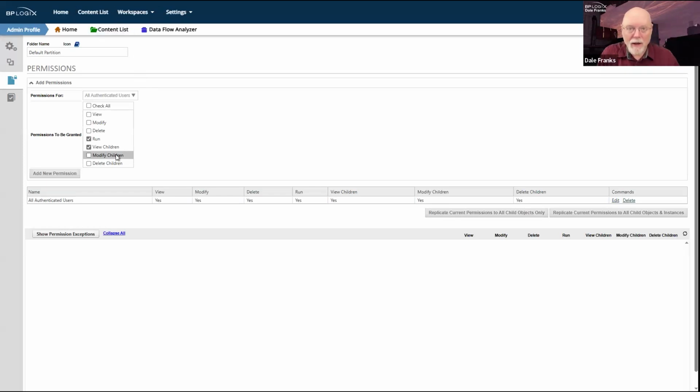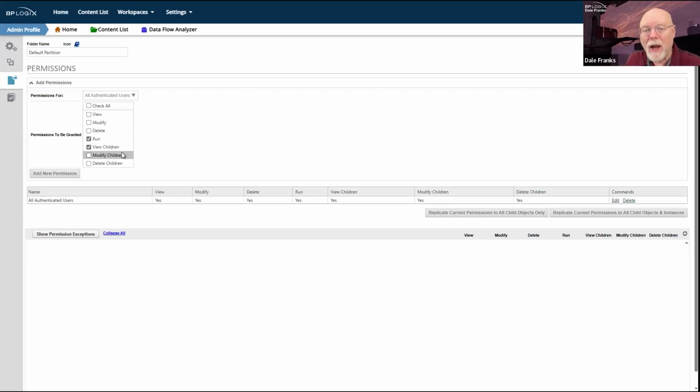If I'm not assigned a task, I'm not a member of that group for that task, and so therefore I revert back to just being able to view children and run. But when I have a task assigned, I do get modify children automatically just by virtue of being a task participant. So I can add information to a form, I can edit existing information, whatever I need to do, and then complete my task on that form by clicking one of the task completion buttons.